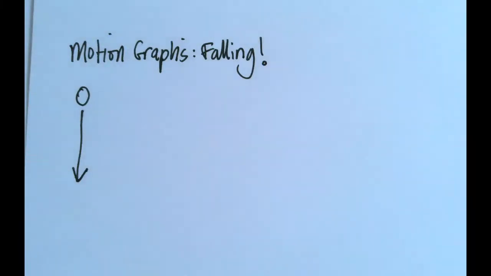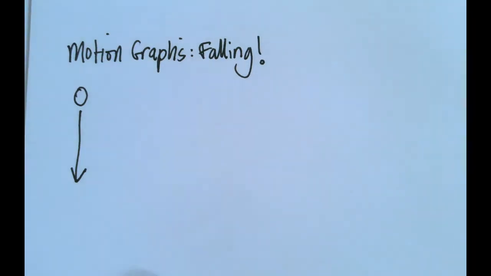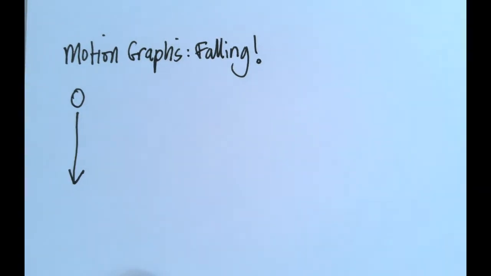Hello, so this is going to be an example of the sort of question you might get about motion graphs. And basically it will be drawing a displacement time graph and then converting it to a velocity time graph. So the example I've got here is a ball that's been dropped and then it's going to bounce on the floor. So the ball initially here is going to start up high,